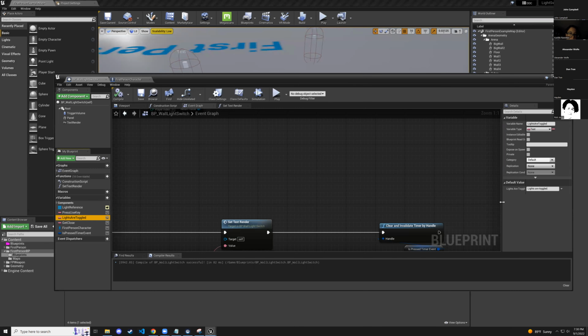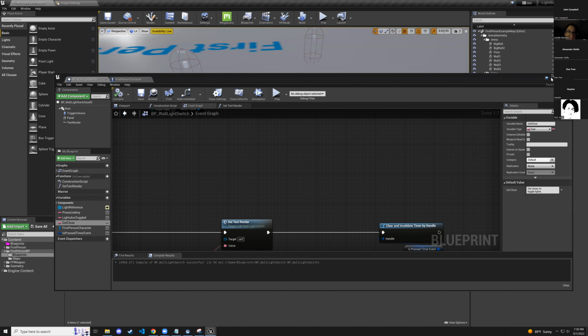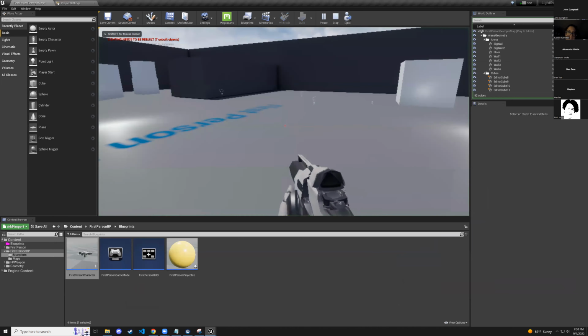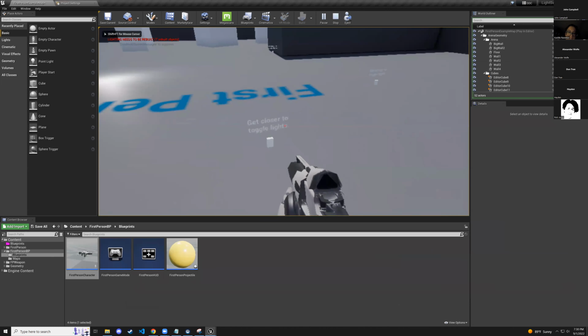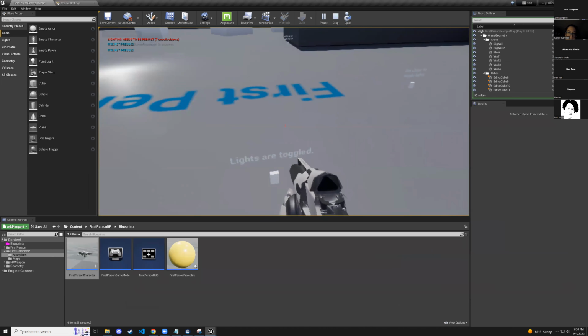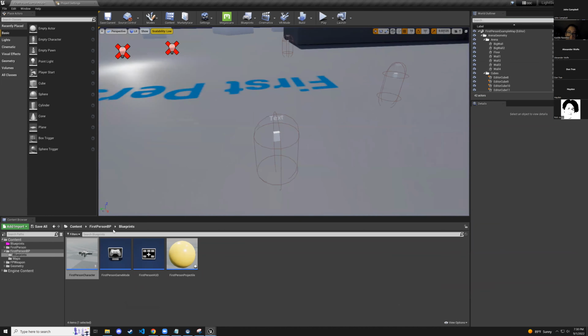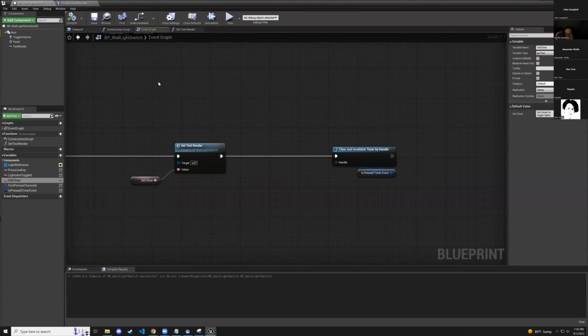So toggle lights is okay. This one, get closer to toggle lights, actually, I'll break that one up too. Perfect. File and save, hit play. Get closer to toggle lights. The other thing is it's tiny, it's too small. So let's make our